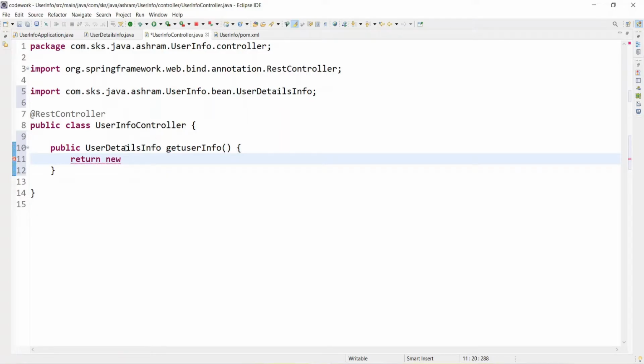And user information. Currently just do the hard coding, and thereafter we will use the MySQL or H2 database and we'll play with the database. So here we can give maker id 101, and the role is admin.